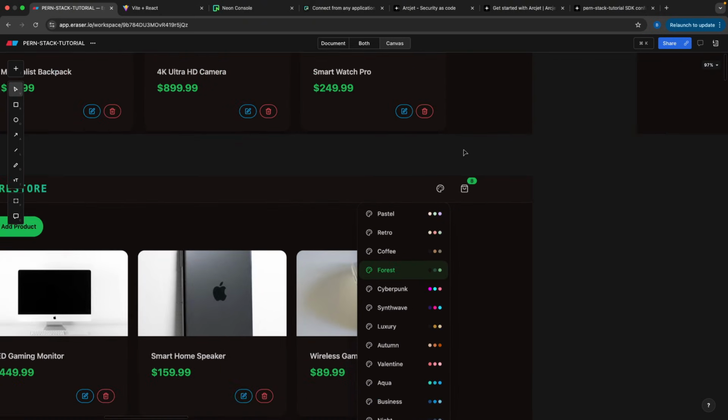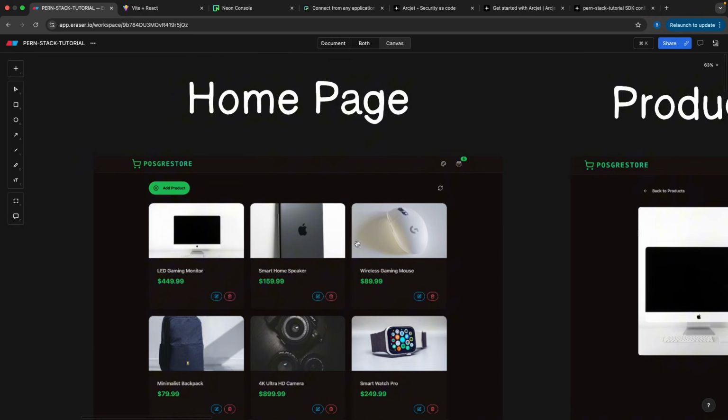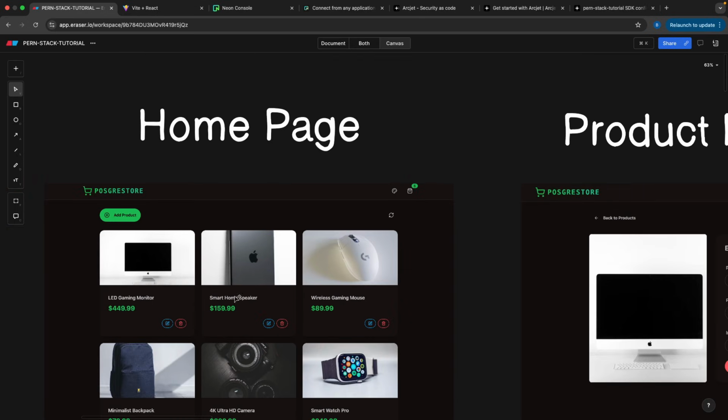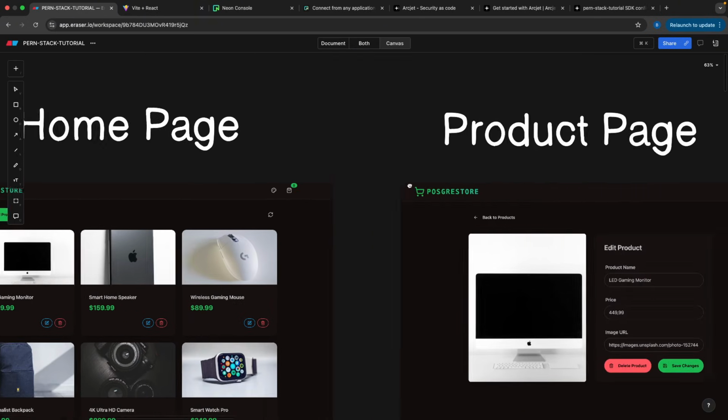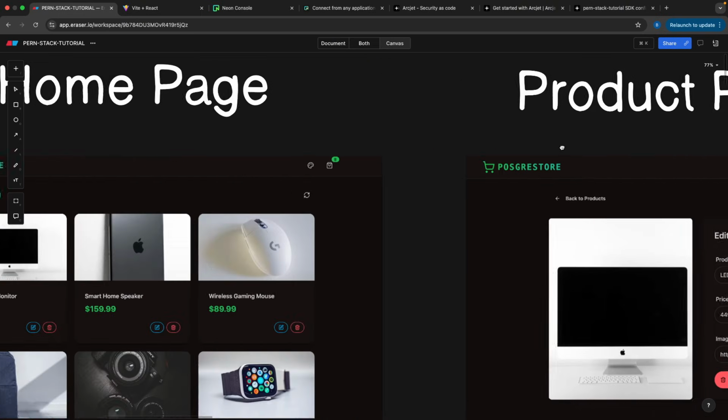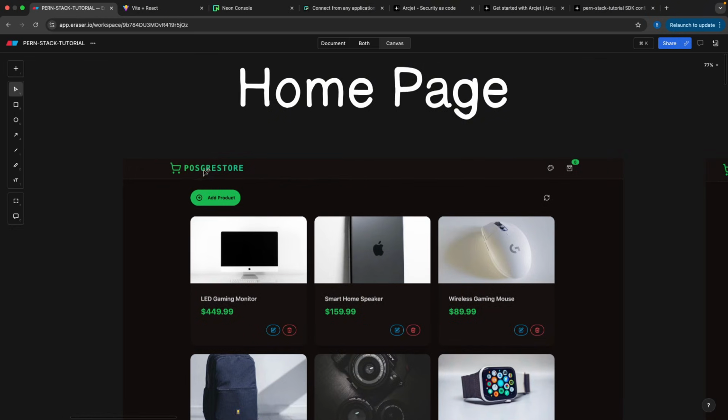And this icon, we only want to see it in the homepage. That indicates how many products that we have in our store. In this example, we have 8 different products. And in the product page, we don't really want to see that icon. So with this in mind, let's go ahead and try to build this component, which is going to be the